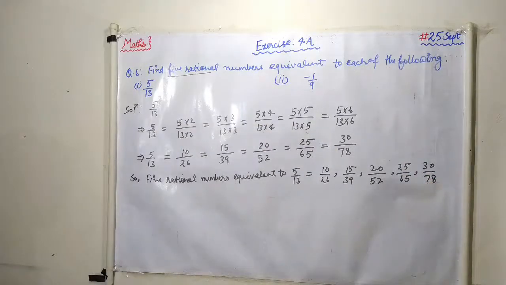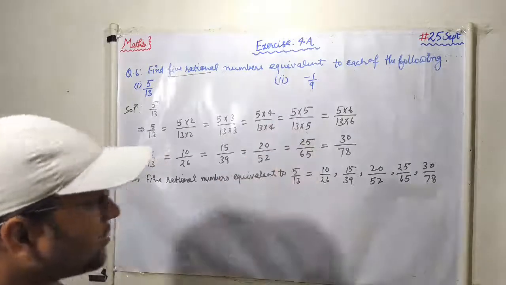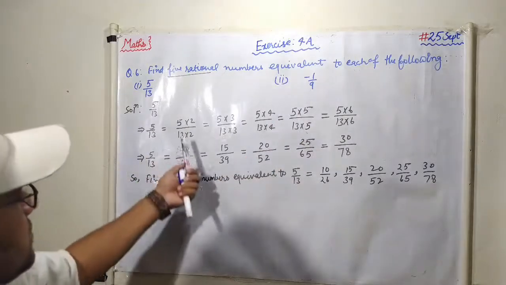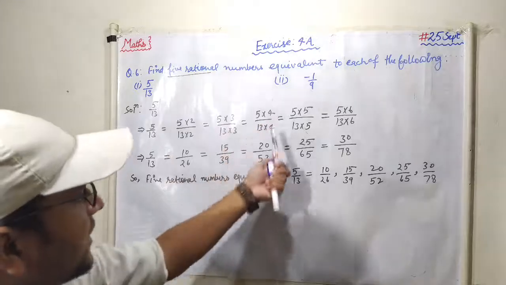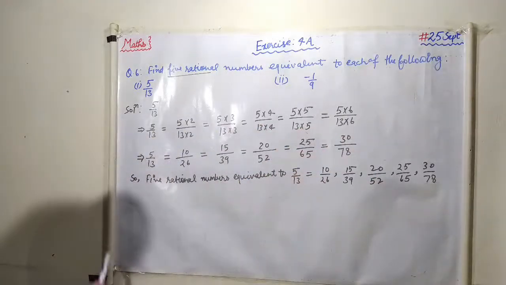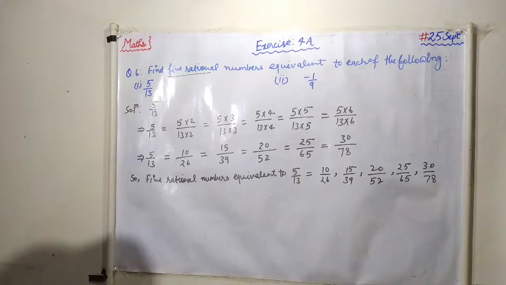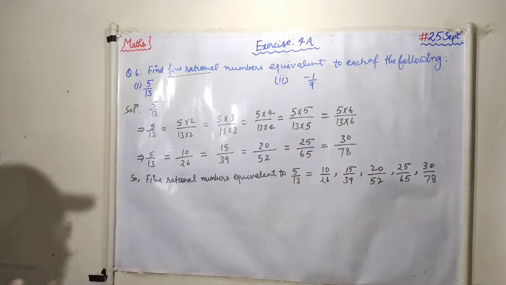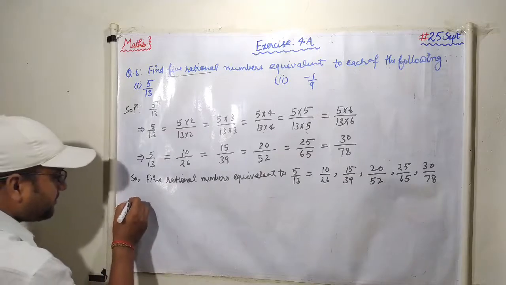Okay students, so same as it is, you can do the second one also. First you multiply with 2, then by 3, then by 4, then by 5, then 6. Okay students, so see this one, it is very easy to find an equivalent rational number by multiplying. Okay, now the second one,